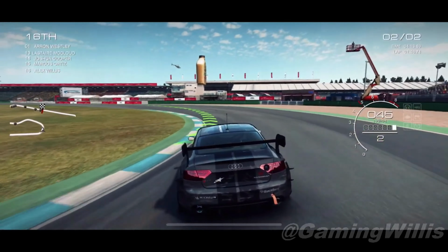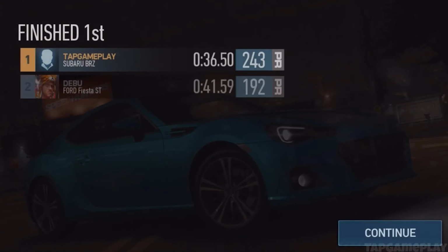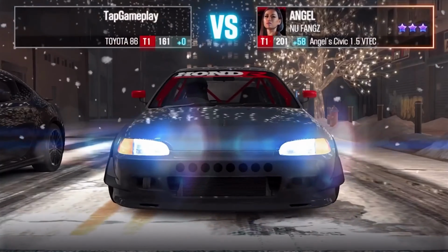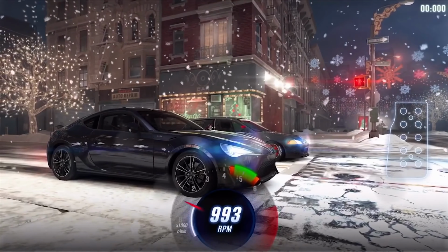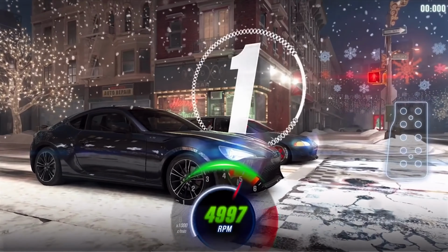Alright everyone, today we have the best racing games for Android and iOS in 2020. There's nothing like a good racing game to fuel a person's competitive streak and get your adrenaline rushing. Racing games have been around since the very beginning of any kind of video game. Today we list 10 of the best racing games on Android and iOS and hope you'll enjoy them as much